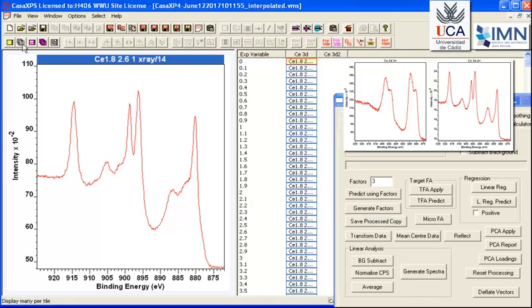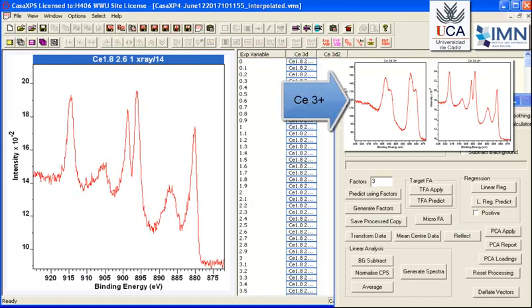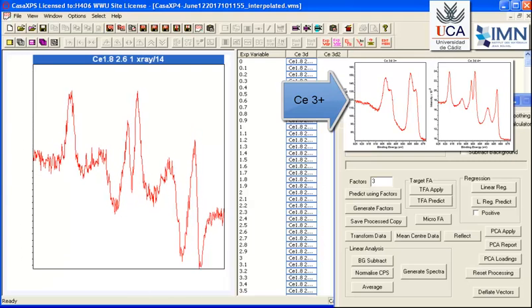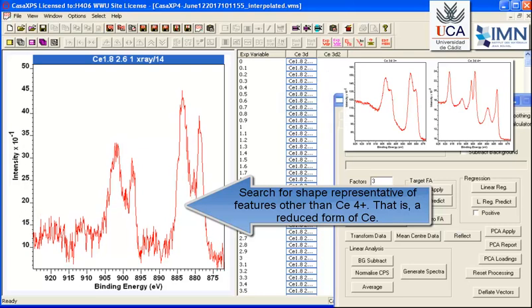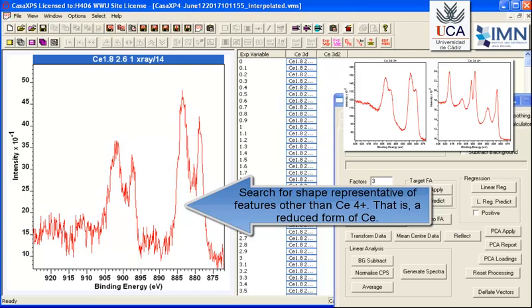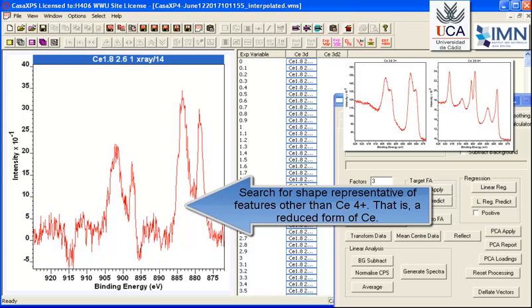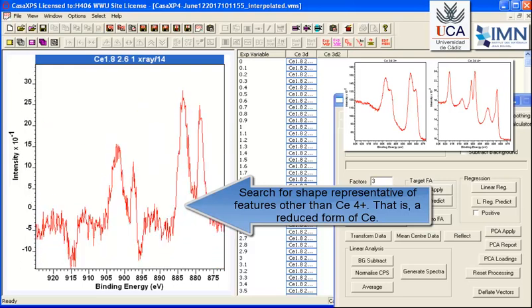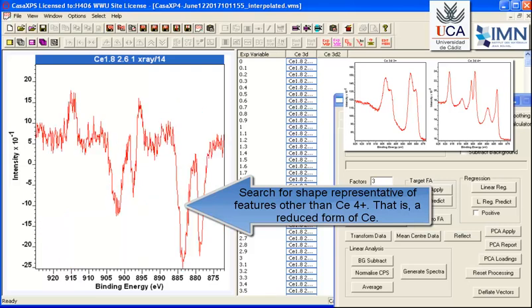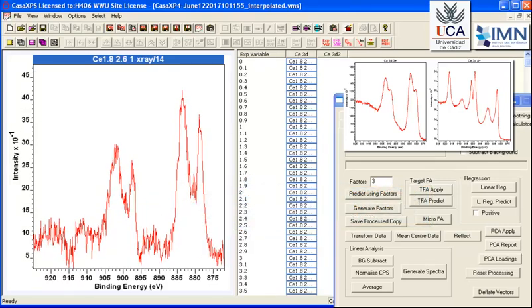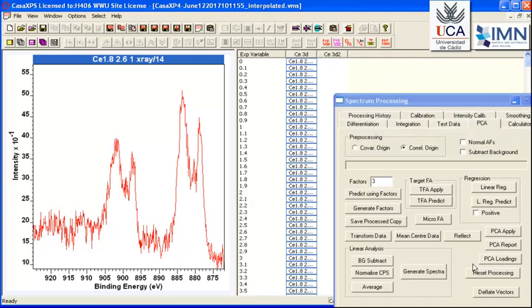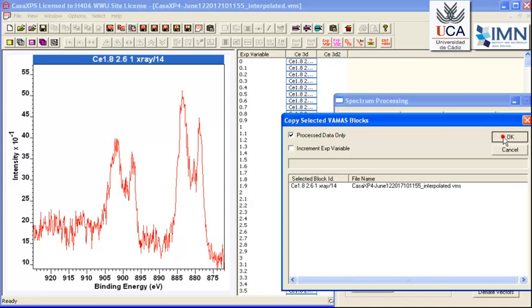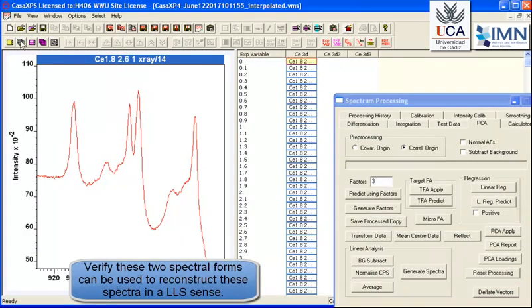So I've just identified something that looks like the 4+, and now what we need to do is look for the reduced state, and we're using the model of the 3+ as the form for the reduced state spectrum. So as we step through, we seem to identify something that looks about the same binding energy separation for the 2 peak structures, and there's certain evidence of a background shape that seems to be consistent here. So we'll choose one of these and then take a copy, and having identified 2 of these,